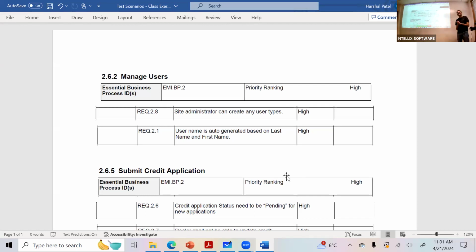So I'm a dealer and I'm trying to create a new user who is an employee called Jerry Smith at my workplace. So I'm trying to create his account. I gave the name Jerry, I gave the name Smith as the last name. And it says that the system should auto-generate the username, right?